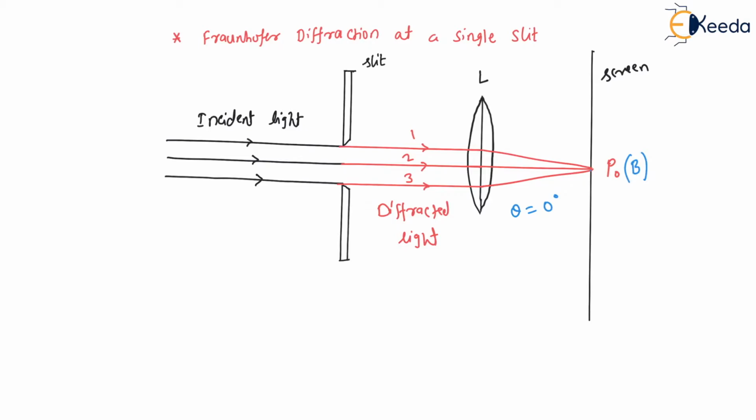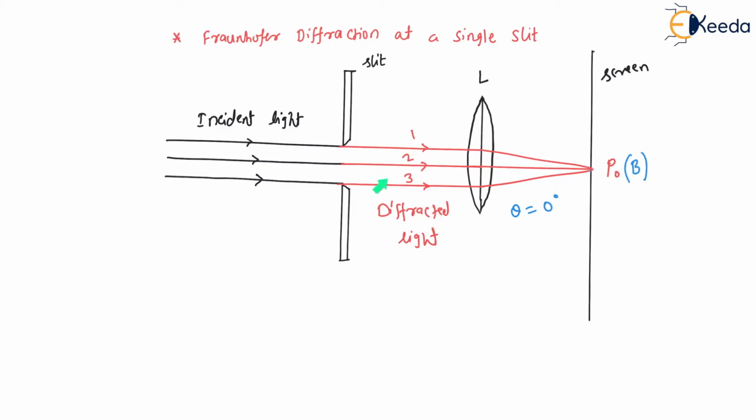First of all, light will be incident like this. This is the incident light. It will hit the slit normally. So here we have considered the first wavefront, and then from this wavefront, as we all know, according to Huygens principle, each point on this wavefront will act as a secondary source of light, and it will emit secondary wavelets in the forward direction. So here we have simply considered the bundle of rays which are traveling again normal to the slit. So there is no phase difference, or we can say all the rays have an initial phase of zero. So there is no phase difference or path difference.